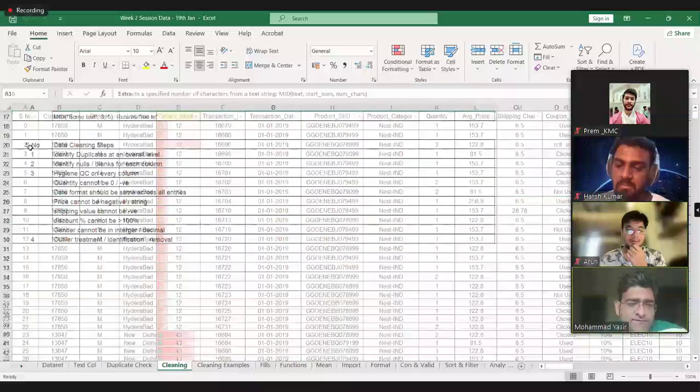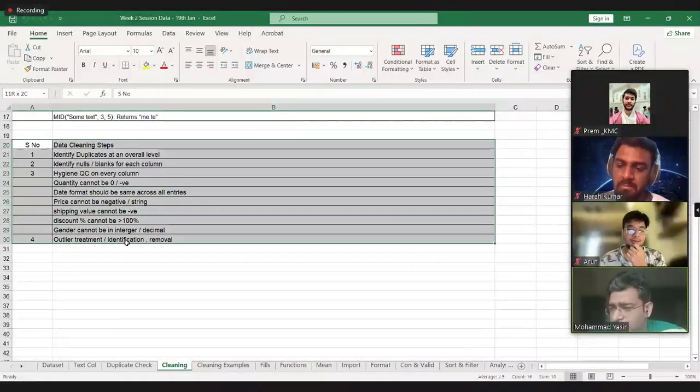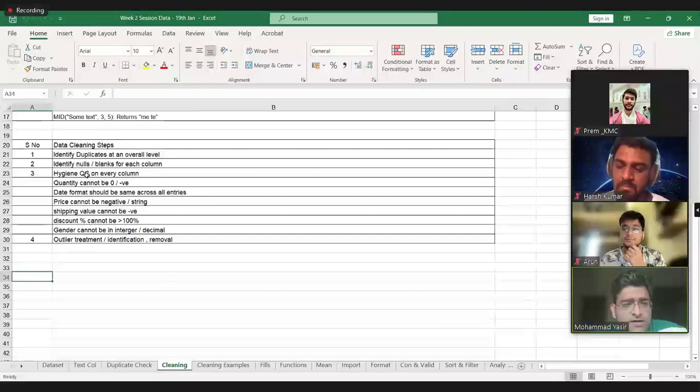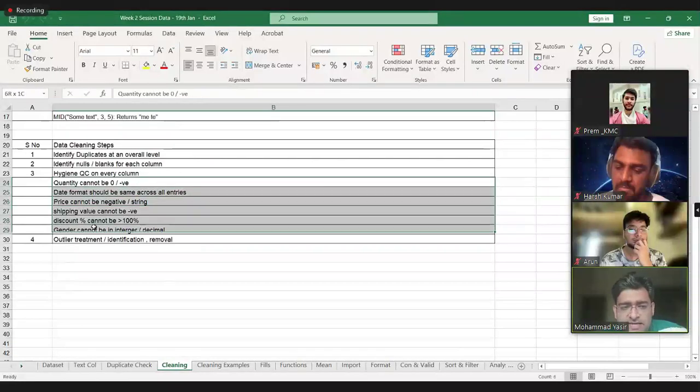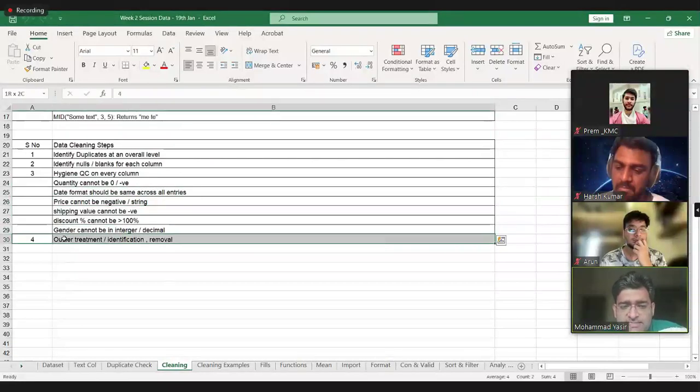Now I have just added the steps here, whatever we have discussed so far. First, we identify duplicates, then we identify nulls, and we do some hygiene checks. Quantity cannot be negative, date format should have the same type of format, pricing cannot be negative. The last step here is outlier treatment, which we'll either cover today or in the next session whenever we get time.